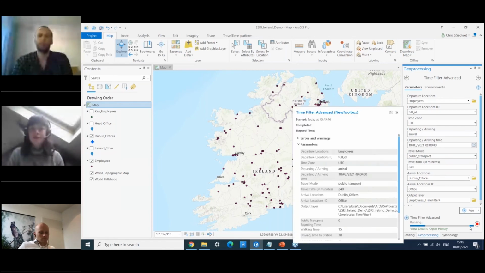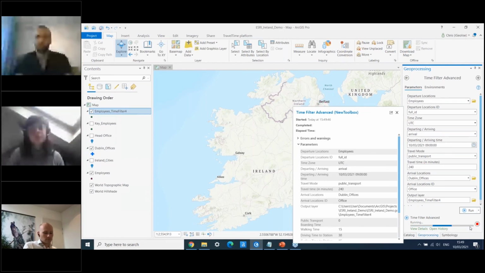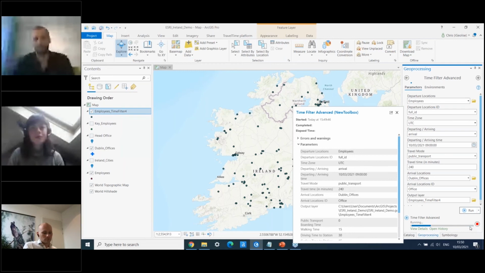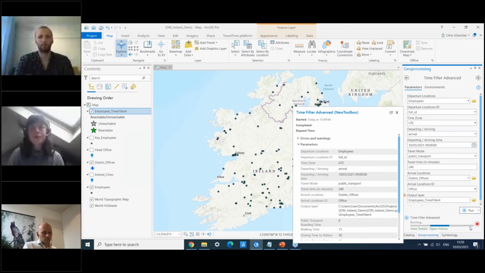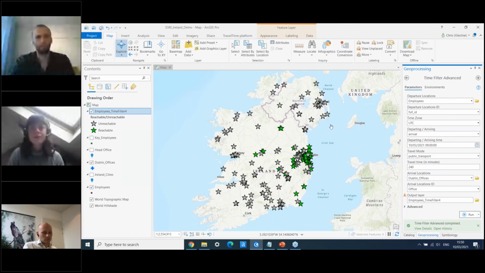And this is kind of probably where the travel tables are most powerful. So yeah, generating isochrones is great for kind of filtering other data sets and getting a sort of visual idea of catchment areas. But this tool lets you actually generate thousands and thousands of travel times incredibly quickly. So yeah, it's already completed these, and we get a sort of visual of reachable and unreachable, but the real value is in the attribute table itself,